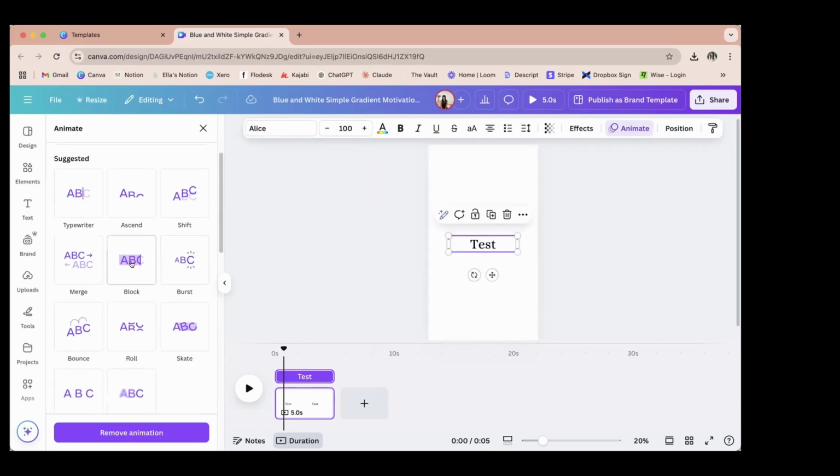I just thought I'd use text because most of the time you would probably use it on text. But it does look really cool with elements as well, I guess. So there are so many options. Like you can get it to type,